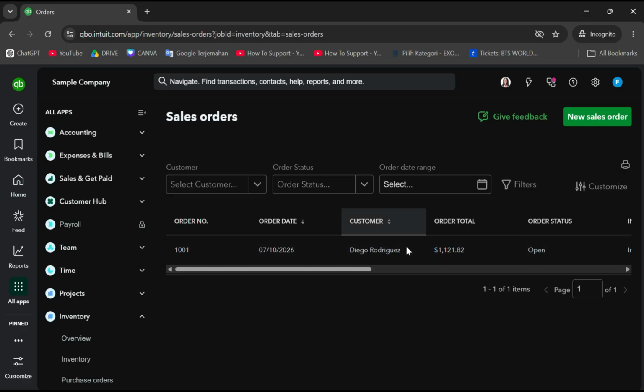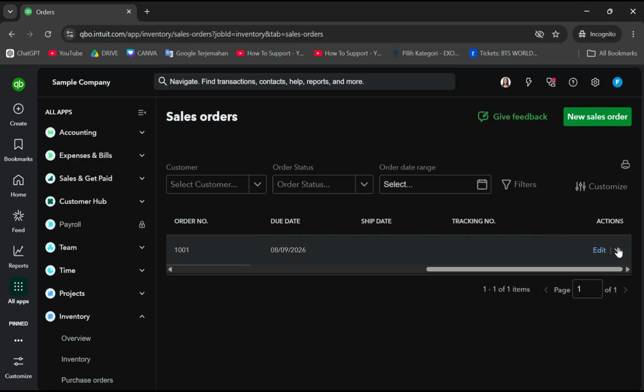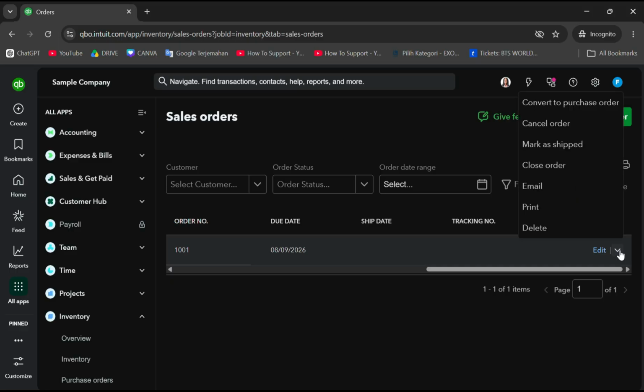So let's say I want to convert this sales order to purchase order. I'm just going to go to the far right, and you will find the action option. Click the drop down and you will find convert to purchase order. You can click on it,